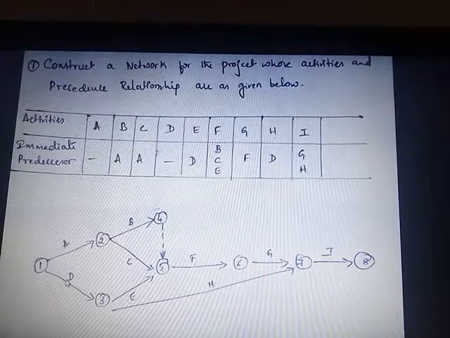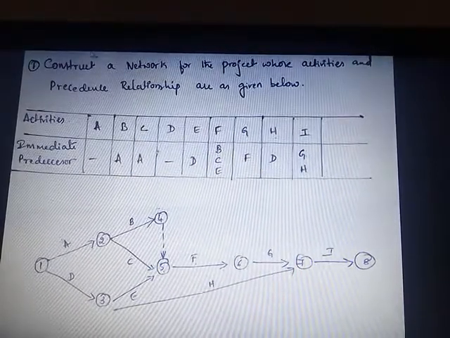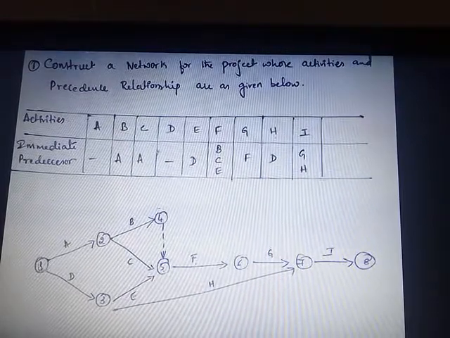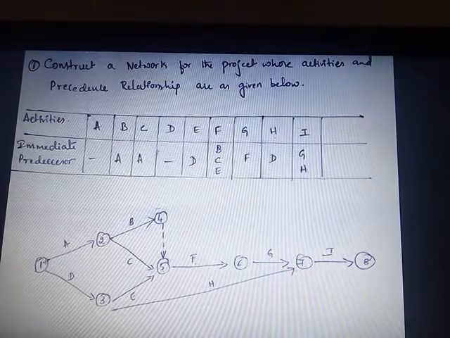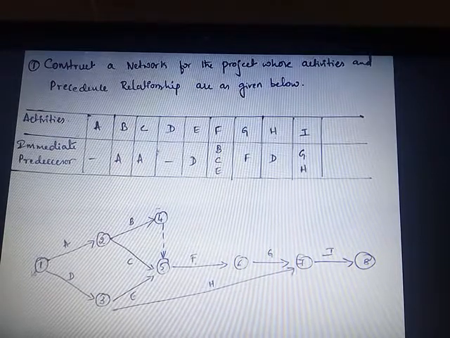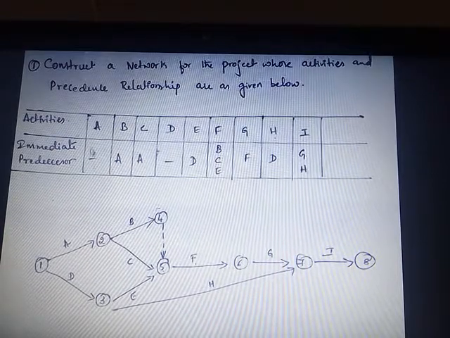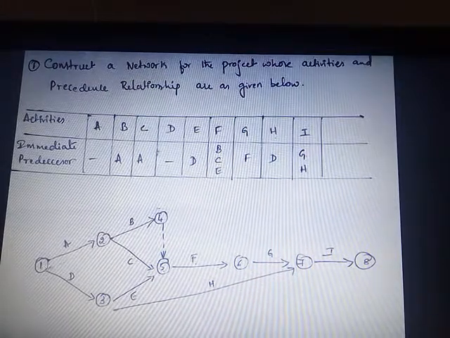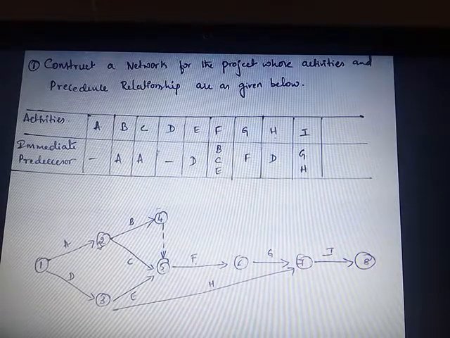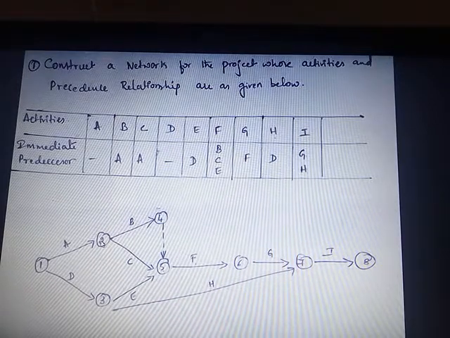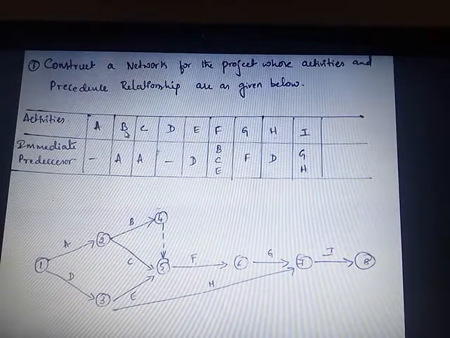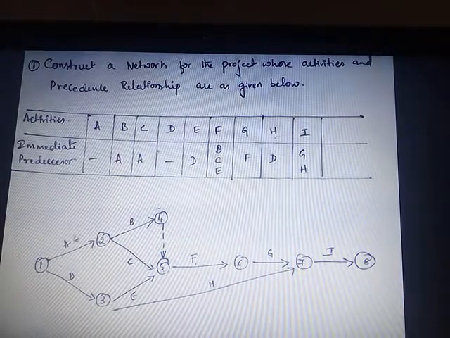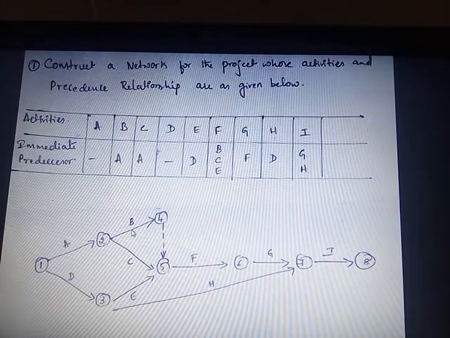Look at here. First, as I already told you, the activity has some starting as well as ending time. So it has to begin with the starting event. First you have to number the event 1. Next, A is the activity, that is a starting activity. So it has to start from the node 1. A is the activity which ends at the node 2. Right? Next, B is the activity. The immediate predecessor is A. After the completion of A, the activity is B.